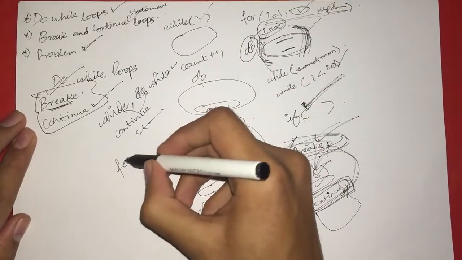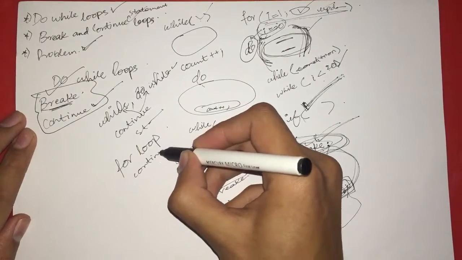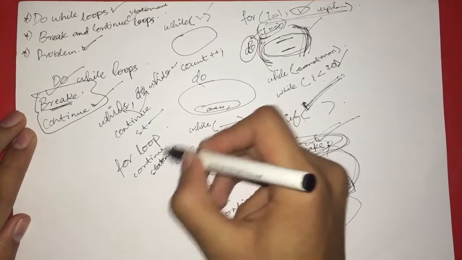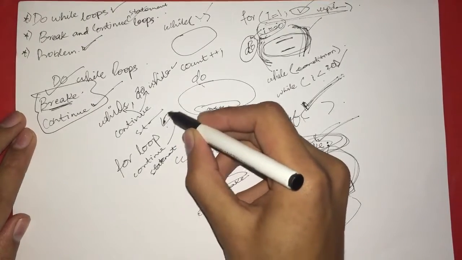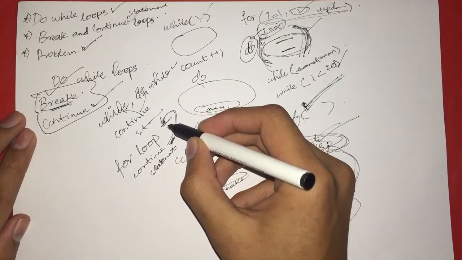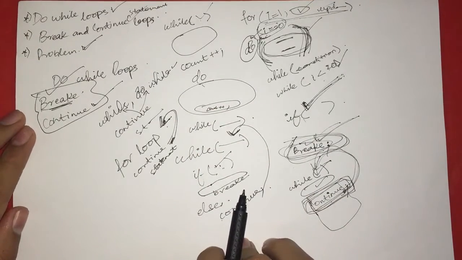But in the case of a for loop, when you use a continue statement at the end or anywhere you want, the counter you want to be updated will always be updated, because